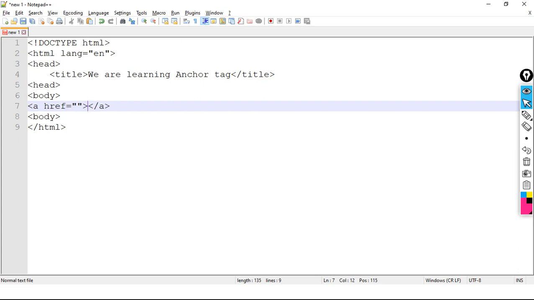Okay, and I will write the link name here, link underscore name only. And where should we redirect? We should redirect it to https://www.google.com. Okay, so let me save the code.